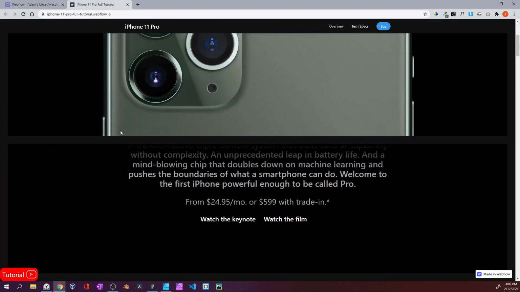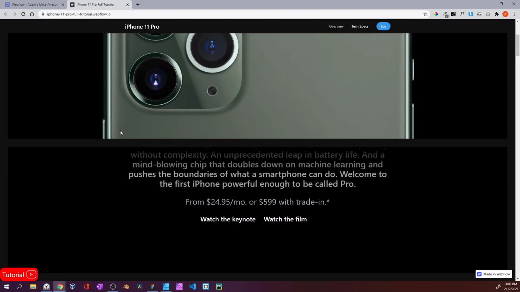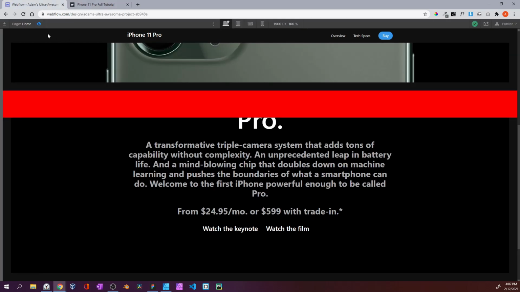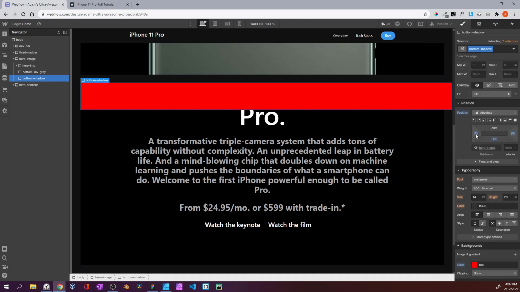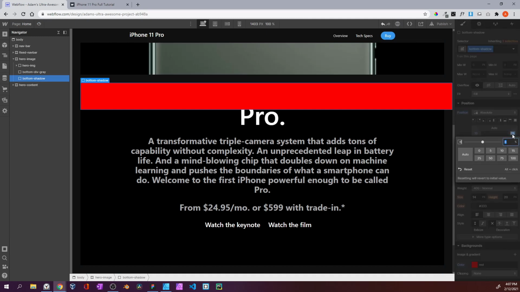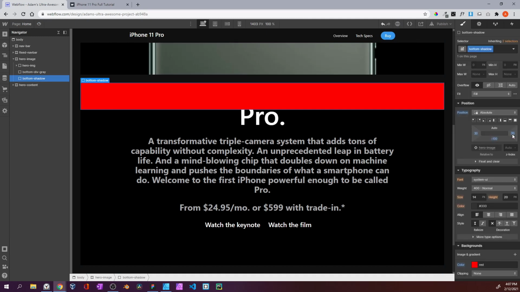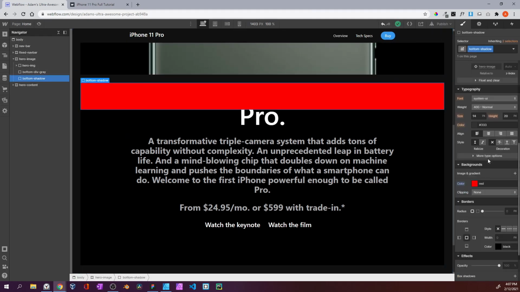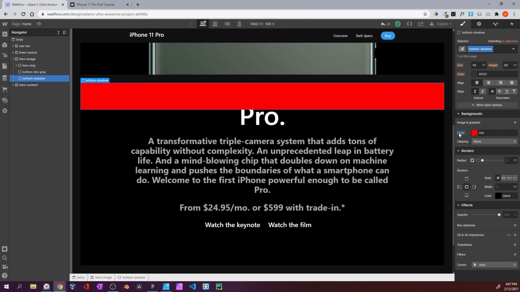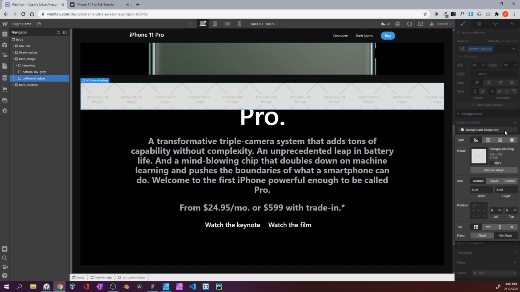And when we go up and down, if we see the shadow here, the shadow is not actually on the left and on the right. So let's give this one left and right of 30 pixel. Yeah, now we are correct, 30, 30 on the left and right. Now what we need to do is just delete the color, introduce a